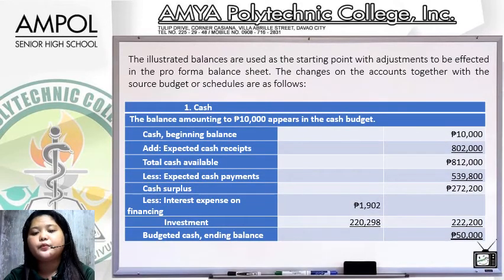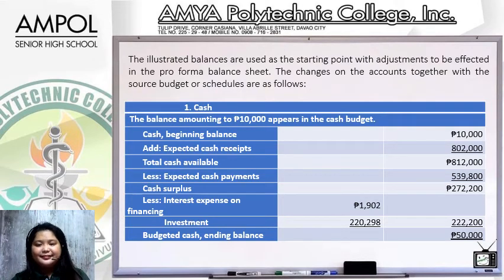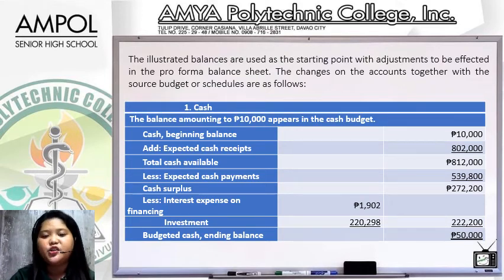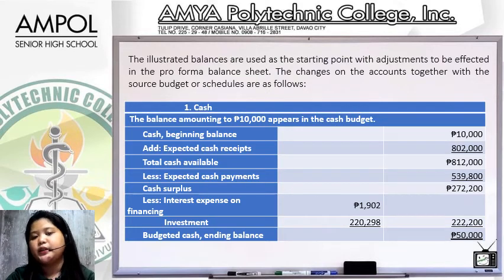So here, the balance amounting to 10,000 pesos appears in the cash budget. So the cash beginning balance, the additional, the total cash available, less expected cash payments, cash surplus, and then lastly interest expense on financing, investments, and then budgeted cash or the ending cash. So the cash beginning balance is 10,000. Then the additional expected cash receipts is 802,000. So the total cash available now is